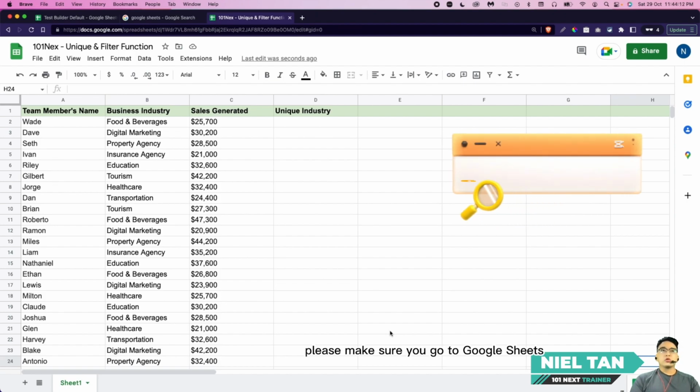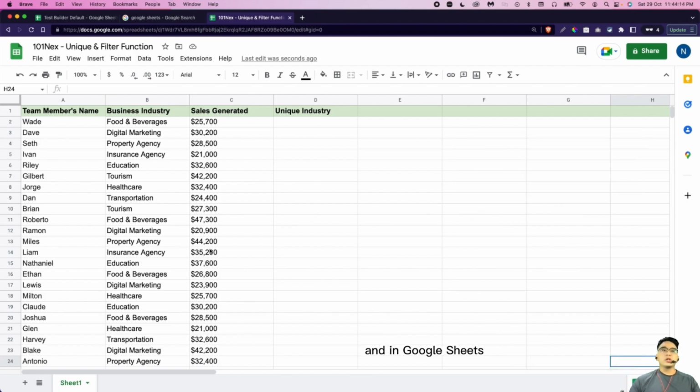First of all, please make sure you go to Google Sheets, and in Google Sheets you can put in the information accordingly. For my case will be the team member's name, the business industry, and the sales results column. Now the first thing I'm going to show you is to create your unique industry based on the business